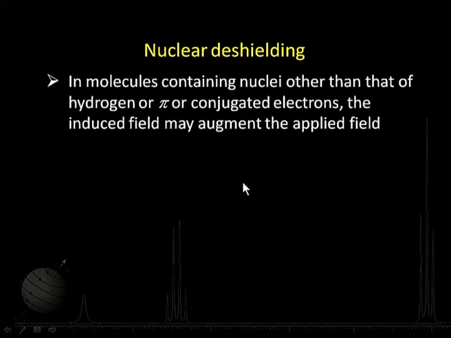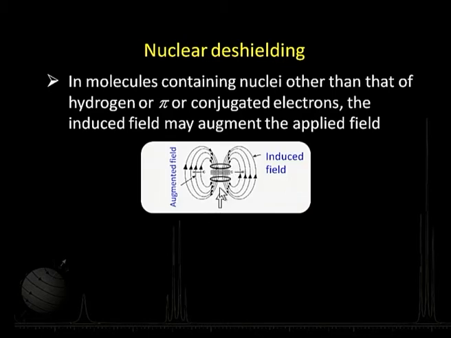Let us understand this. In certain molecules, there are nuclei which are paramagnetic in nature, or maybe they have pi electrons or conjugated electrons. I am just giving one example here; we will elaborate on this in further sessions. In this case, the system has pi electrons. So, when I apply a magnetic field, these pi electrons get into circulation, but of a different kind. As a consequence, the induced field they generate acts at the proton here.